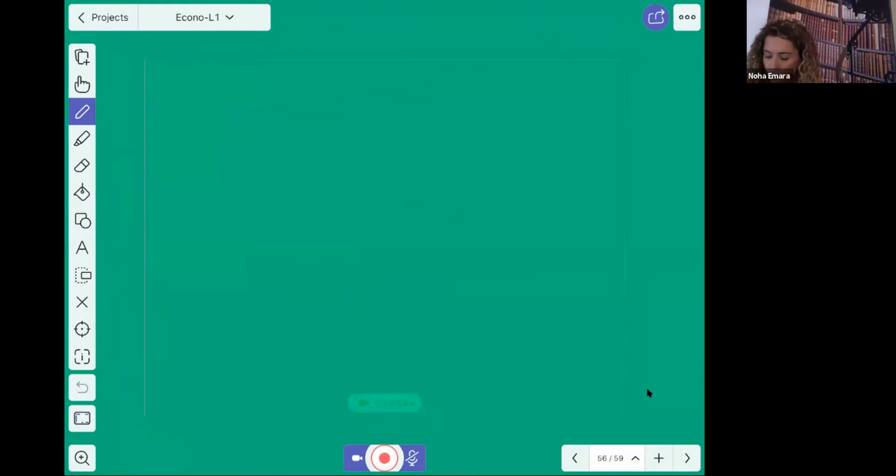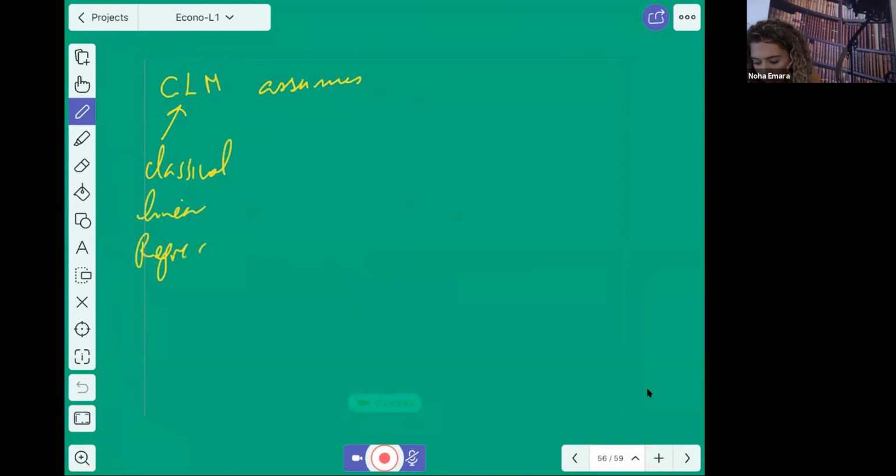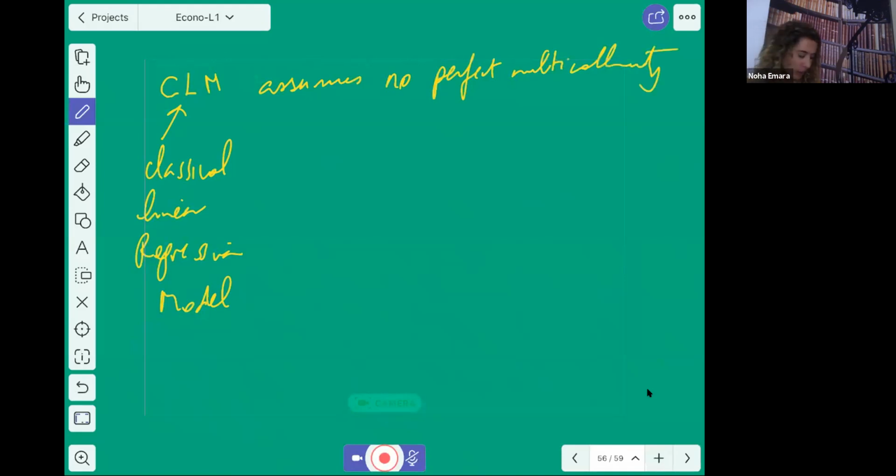Okay, so the classical linear regression model, CLM, assumes no perfect multicollinearity. We don't have any multicollinearity in the model, okay? And if this happens, then I will not be able to estimate the variables correctly. If this is violated,